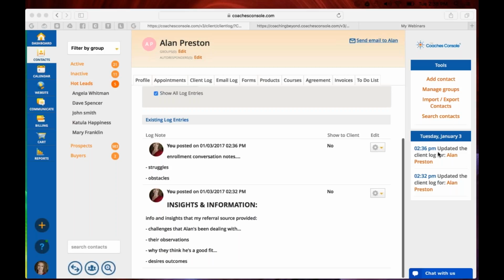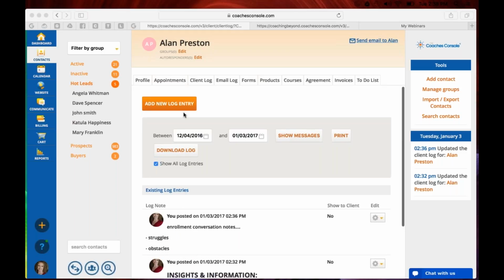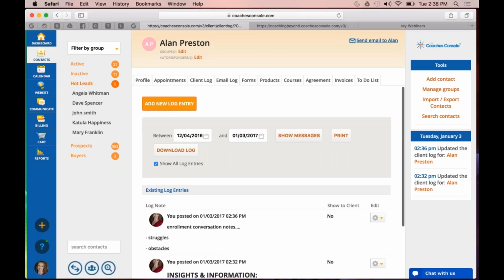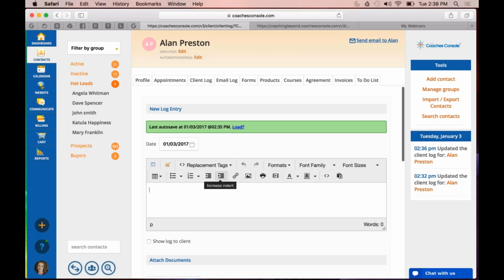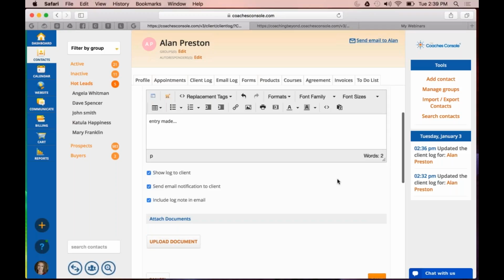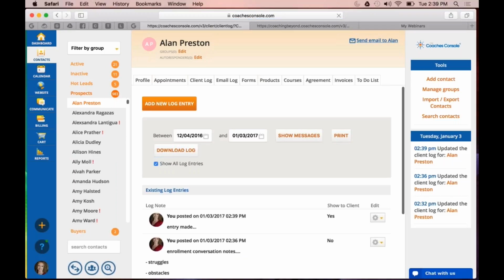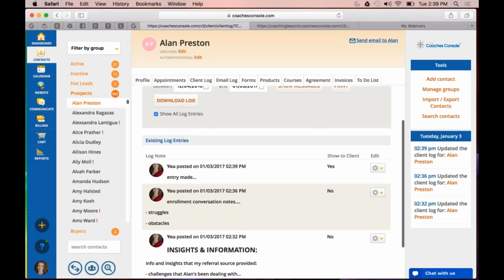Susie asked the question, do these initial notes remain private to you even when the prospect converts? I would worry that they would inadvertently see them somehow. If you click to show, do the old log notes remain private to you? Yeah, whenever you make a new entry, Susie, when you click add new entry, every new entry is specific and unique. So whatever entry you make, when you show log, so if I click show this log and I send the notification and I include it in the email, whatever, and I click save,